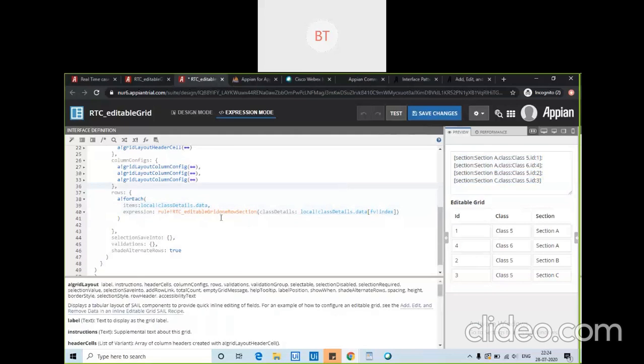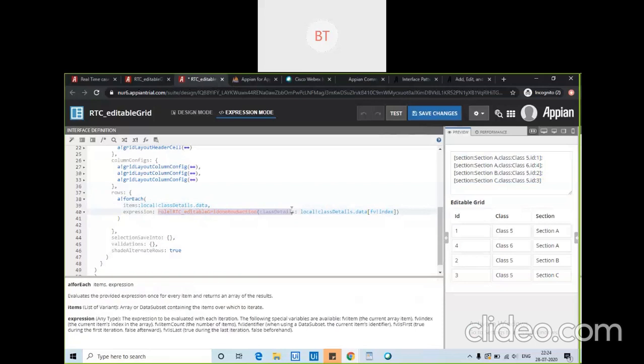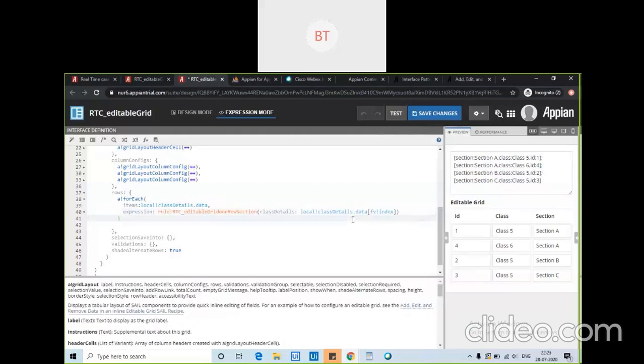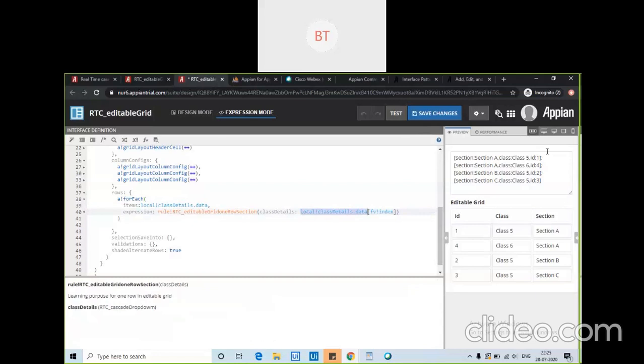Then here we have created one row in a separate interface and we are calling it here, giving this in the input, saying that when you are printing the row, you need to print this value into the row. And then the index means for row number 1 it will give you this row to print, then for row number 2 it will give the second row to print. So like that this whole code works.